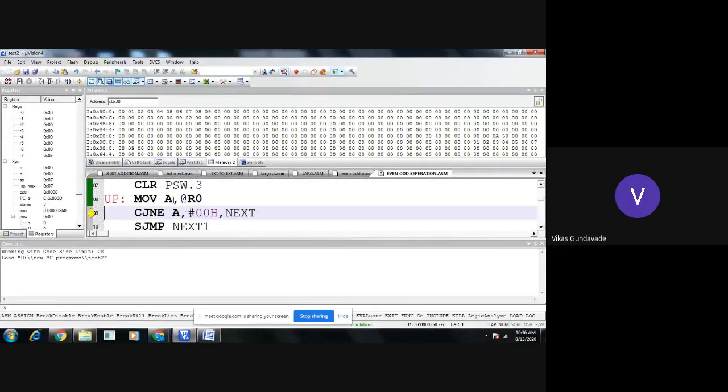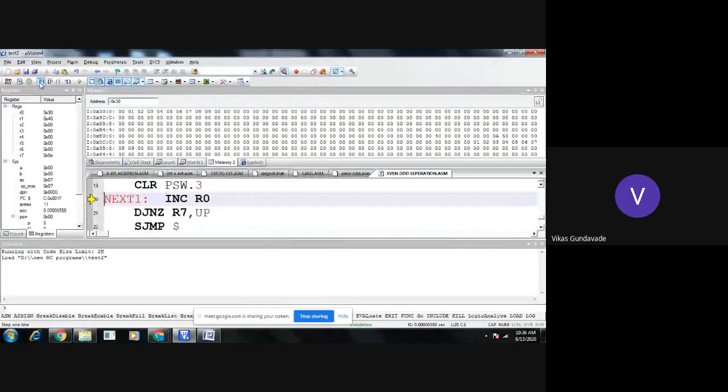Okay, when it is compared with this 0, 0, directly it is keeping all the instructions and the pointer is incremented. Now the pointer is 31. After that, the next contents. Here the counter is decremented, and from this, again the pointer is incremented. Counter is decremented, pointer is incremented.